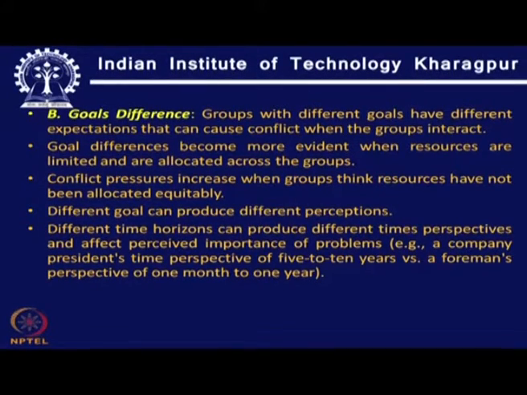These perspectives vary from person to person, for different age groups or persons in different hierarchies. How the importance of a problem is perceived and what we do to solve it could be different from person to person based on their own backgrounds and the situations they are in and what they have to do, and that's why these goal differences may lead to conflict.